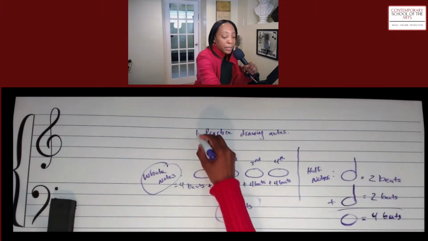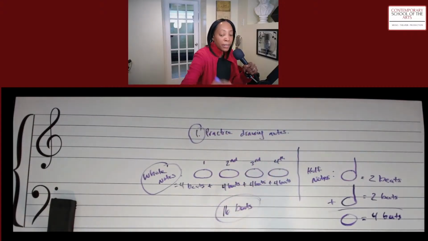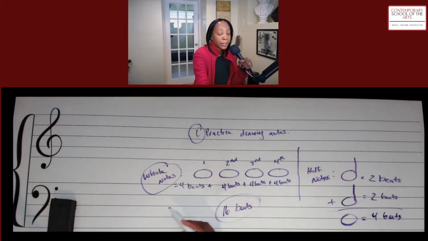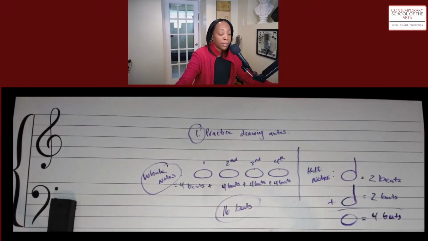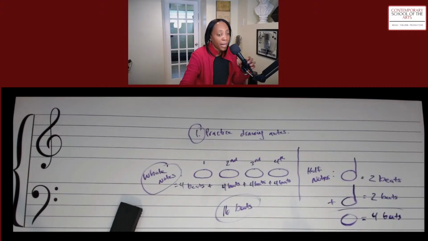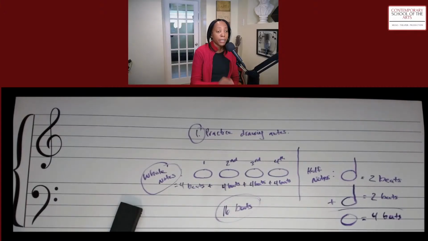So we just started off with drawing the notes, and that's how I got 16 beats, because you were adding. Each whole note gets 4 beats. 4 beats, 4 counts, it's the same thing. 1, 2, 3, 4. That's our whole note. Now let's do our half note. Can you see this? Okay, so let's go to